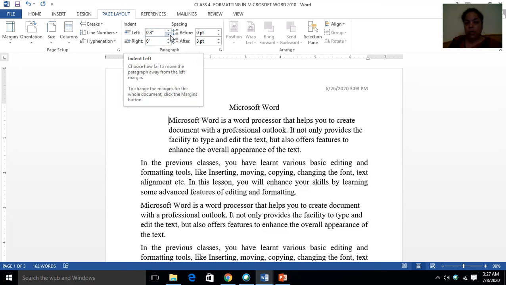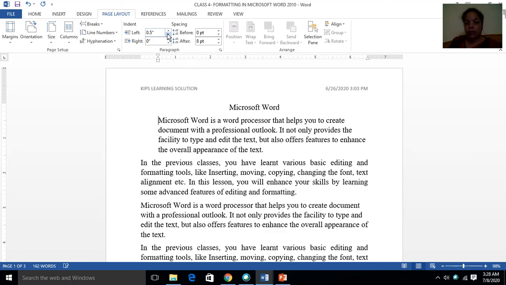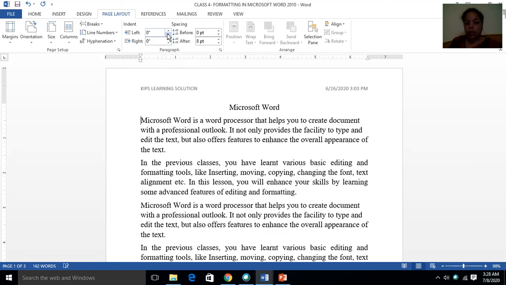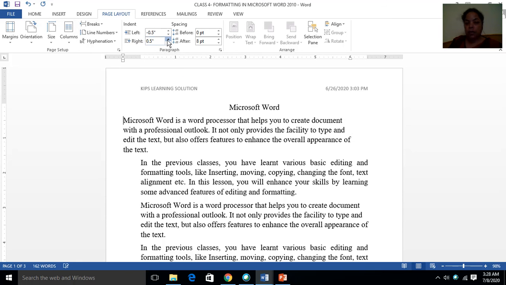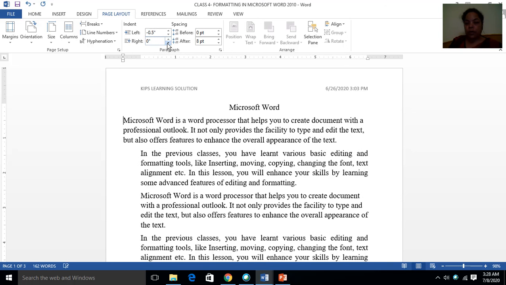So I am just increasing the left indentation. If I want to decrease this indentation, that time I have to press the downside arrow. You can see my left indentation is decreasing. If I want to change the right indentation, you can see it is increasing. Now if I want to decrease, you can see it is decreasing now.